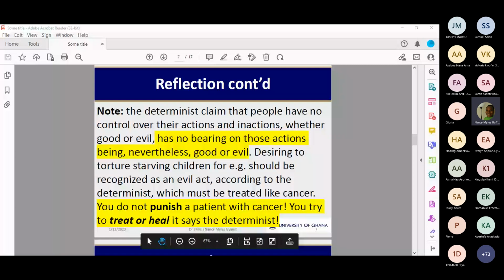The determinists claim that people have no control over their actions and inactions, whether good or evil, has no bearing on those actions being nevertheless good or evil. Desiring to torture starving children, for example, should be recognized as an evil act, according to the determinists, which must be treated like cancer. You do not punish a patient with